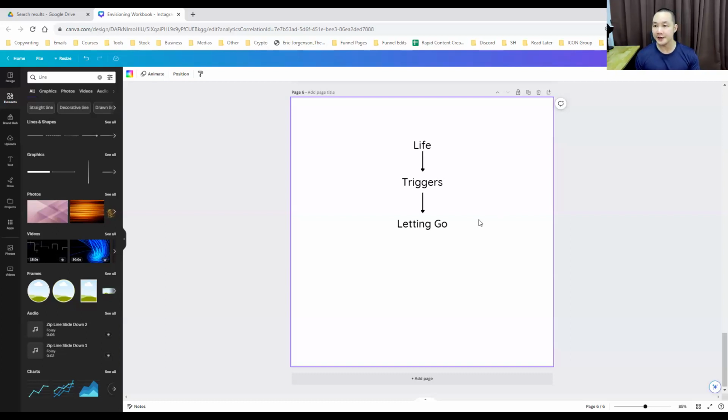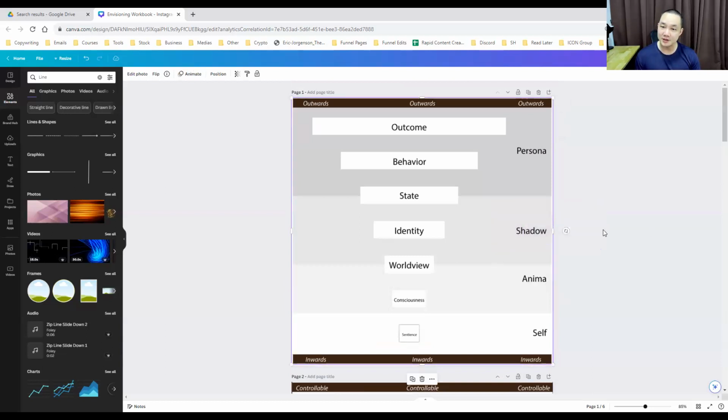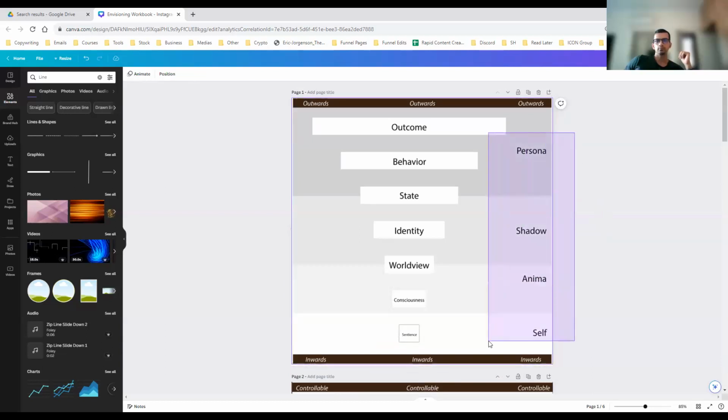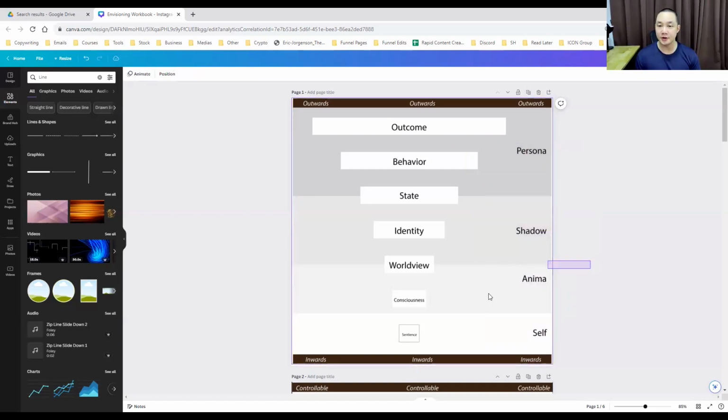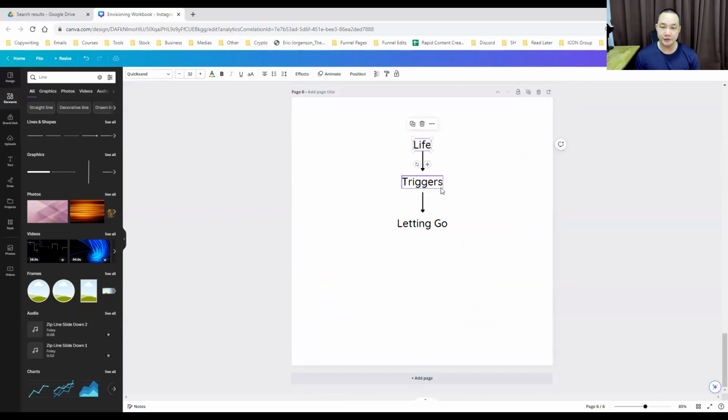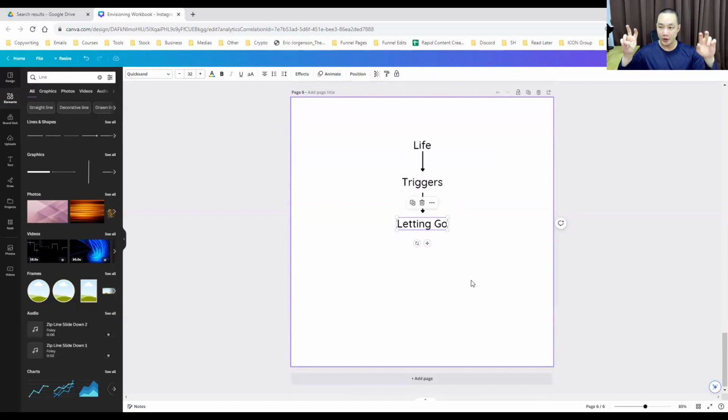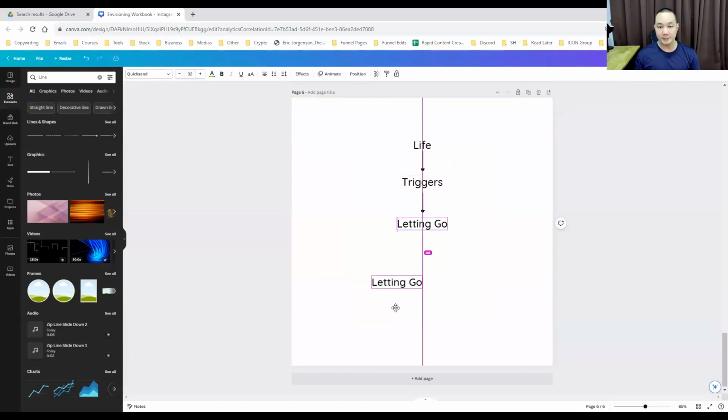But eventually, we need to face our shadows, which is the reason why. Notice here, it says shadow. Correct. This is from Carl Jung. Persona, shadow, anima. Anima is the other side of you. So the way to unravel your shadow is to lean on the other side, either the feminine or the masculine side. And then beneath the anima, you find yourself. So you go through life, you experience triggers, you encounter situations, and those situations happen for you so that you can use them as a benchmark to let go. And when you let go, your so-called vibrational frequency has just elevated a little bit. And this is the reason why I personally believe